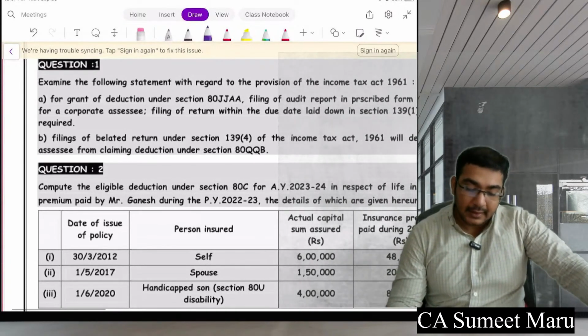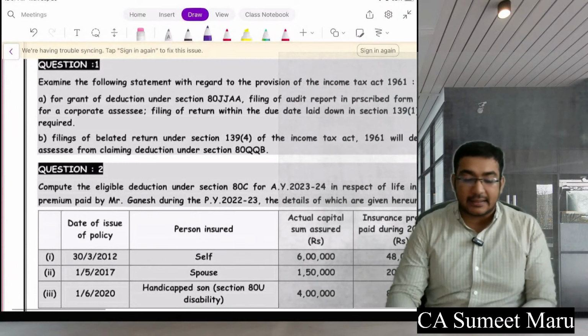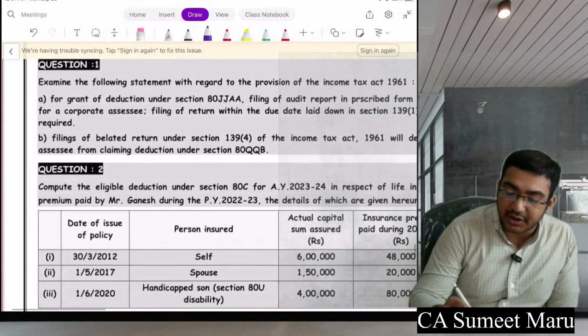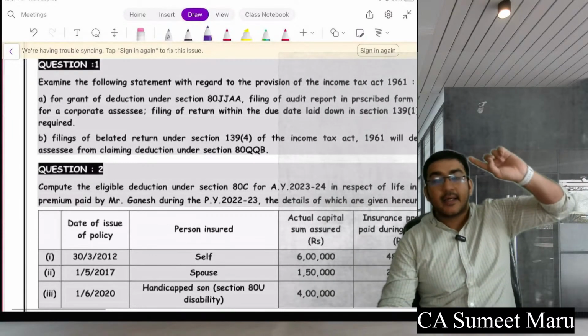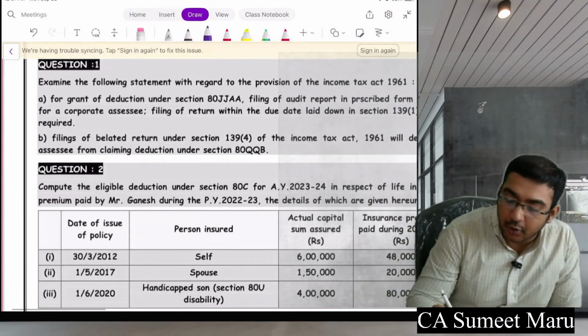Everyone clear? Next is 80EE. This is deduction in respect of interest on housing loan. So see, first you will get interest. Now pay attention. For housing loan,